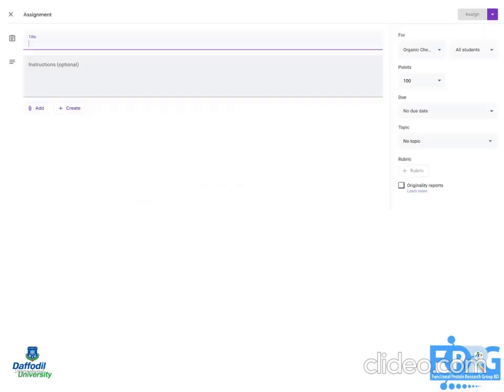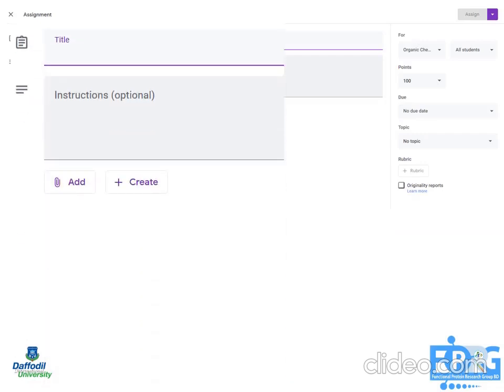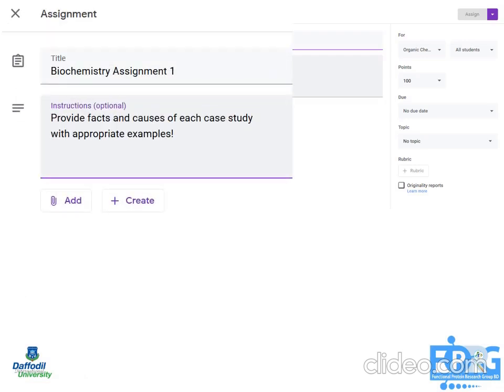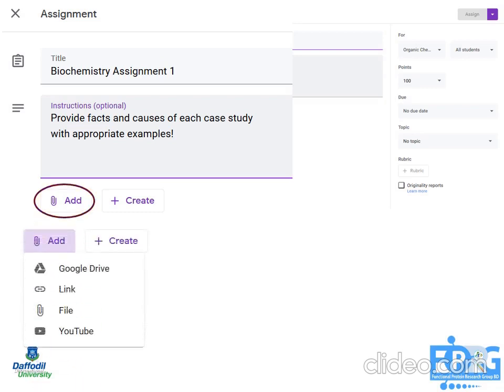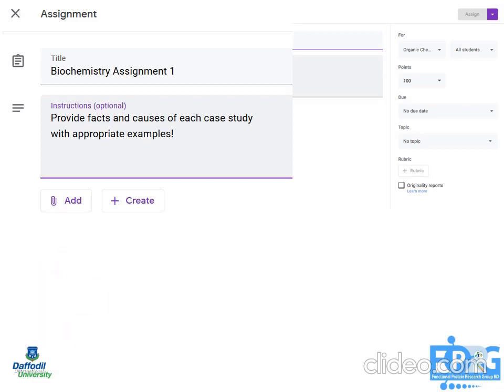And also you can add a certain picture or anything like that. Like you can give the title, that this is this assignment or this is this quiz, like I write here biochemistry assignment 1. And also you can give the instruction, then pushing the add will give you some options: you can add something from a Google Drive link or a file from your PC or YouTube, on which they can do the assignment, or you can create something